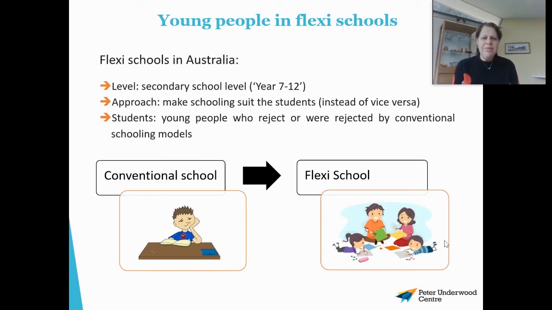Just a little bit to explain flexi schools in the Australian context. These schools offer secondary school level education. In Australia it's referred to as year 7 to 12. And they change the approach to schooling, for example, the pedagogy, the curriculum, the culture and mission of the school, to suit their students, rather than expecting students to fit in with the school. And the students themselves tend to be young people who either were rejected by or themselves have rejected conventional schooling